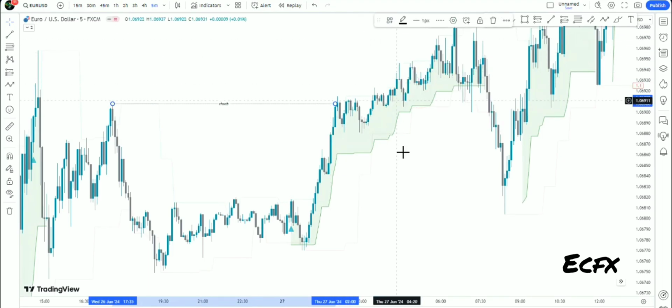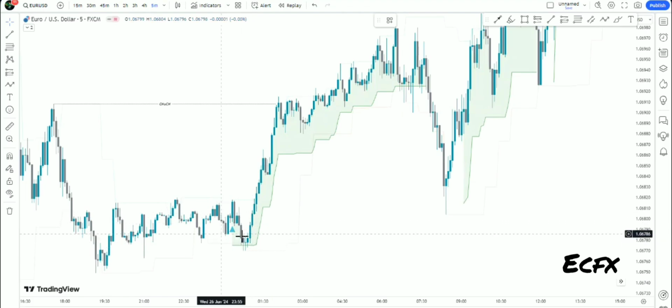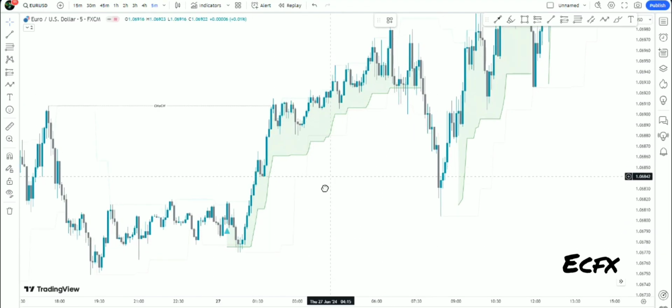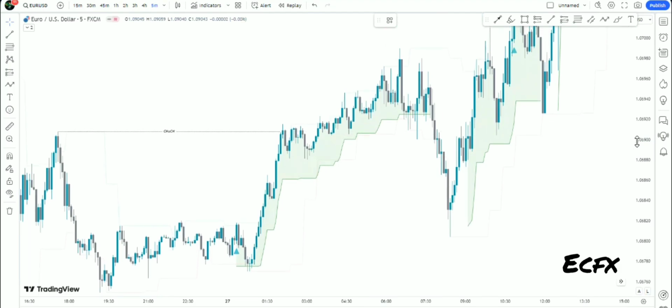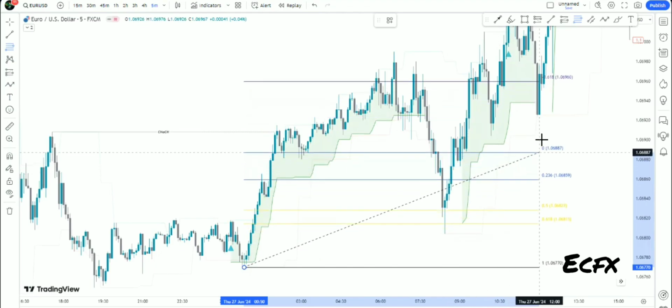So let's call this our first change of character. And then over here, we have the first buy signal that changes character to the upside. There's also something else I wanted to show you, which is the Fibonacci. So if we were to pull our Fibonacci from this level to the most recent high,